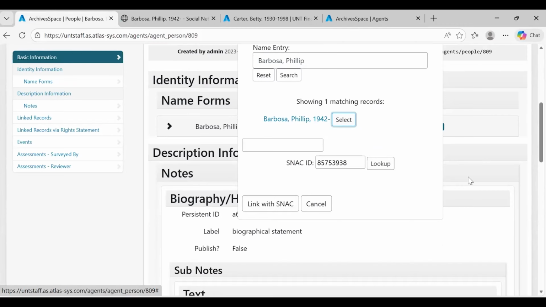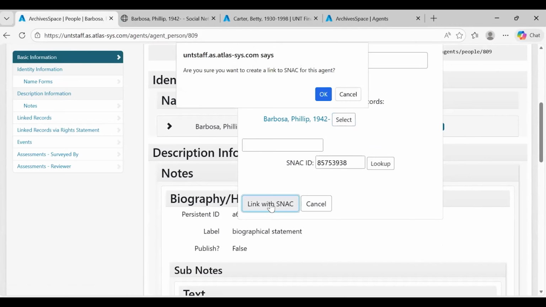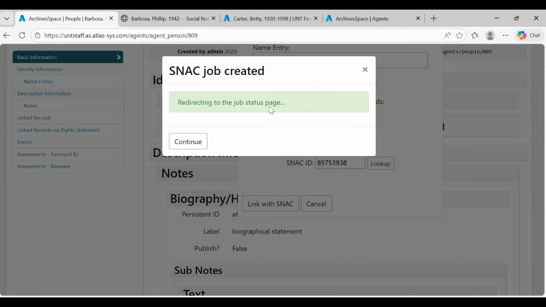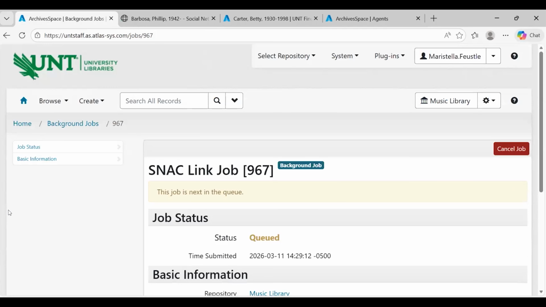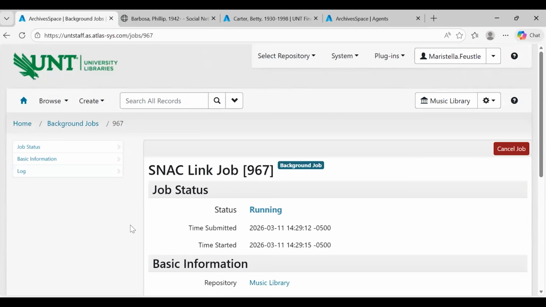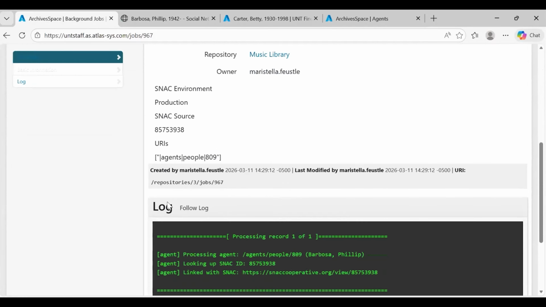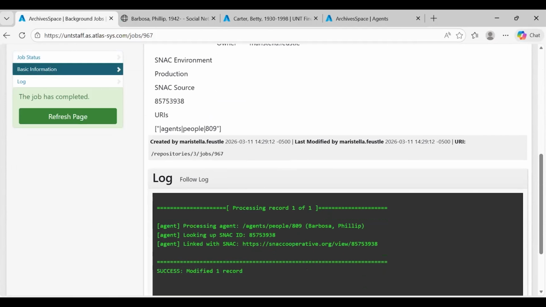And select link with SNAC. And again, it spawns a background job and makes pretty quick work of it. You can follow the progress on the green screen. So that way, if you have robust local authority records, you don't have to start from scratch or worry about